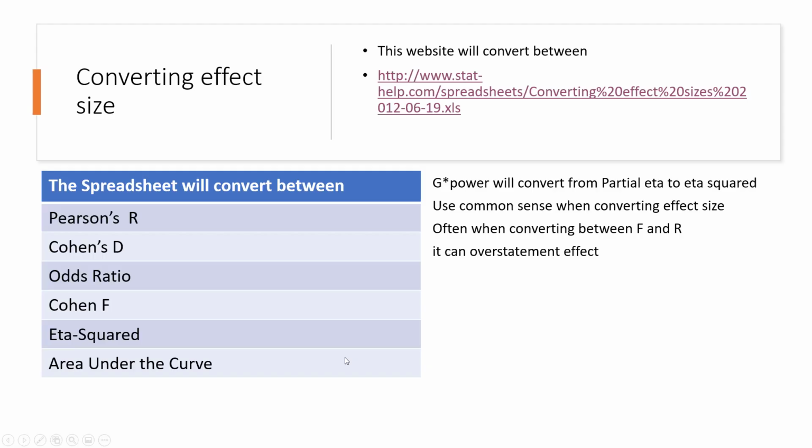So if you can't find an effect size based on previous literature, then just go for a medium effect size. One of the challenges you might find is that not all papers will report a partial eta squared value, or a Cohen's f, at which point you might need to convert the effect size. So here is a handy dandy spreadsheet